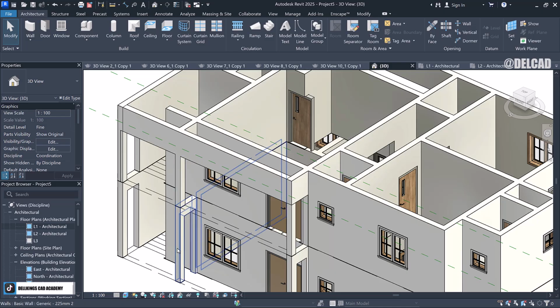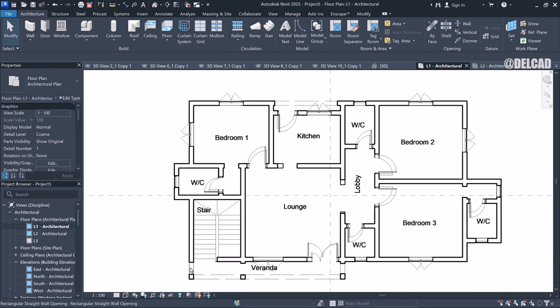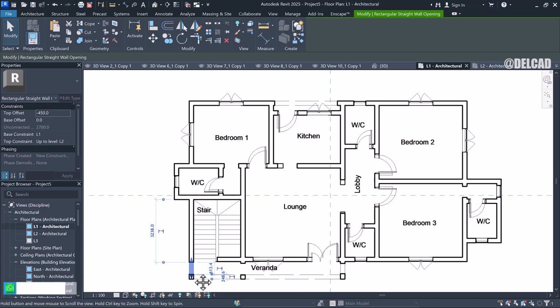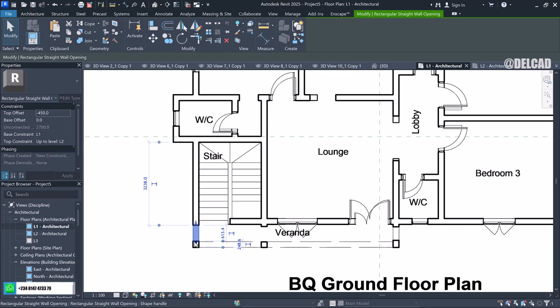And one more thing I want to do is to copy this very particular column to the ground floor plan. So I'm going to go back to the ground floor plan, level 1, and I'll select the wall openings which I have created, and I will extend out this way. Also over here I will extend the wall openings, and here also I'm going to extend the wall openings just